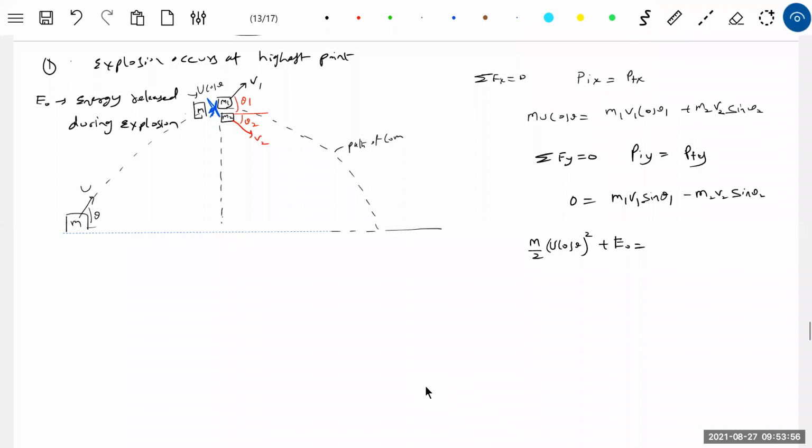during explosion. This energy released can be in many forms. If the total energy is converted into fragments, you are going to write the equation like this: m1 v1 square by 2 plus m2 v2 square by 2. So here the whole energy released is converted into kinetic energy of fragments. It can happen that half of the energy released is converted into kinetic energy of fragments. The remaining will be converted